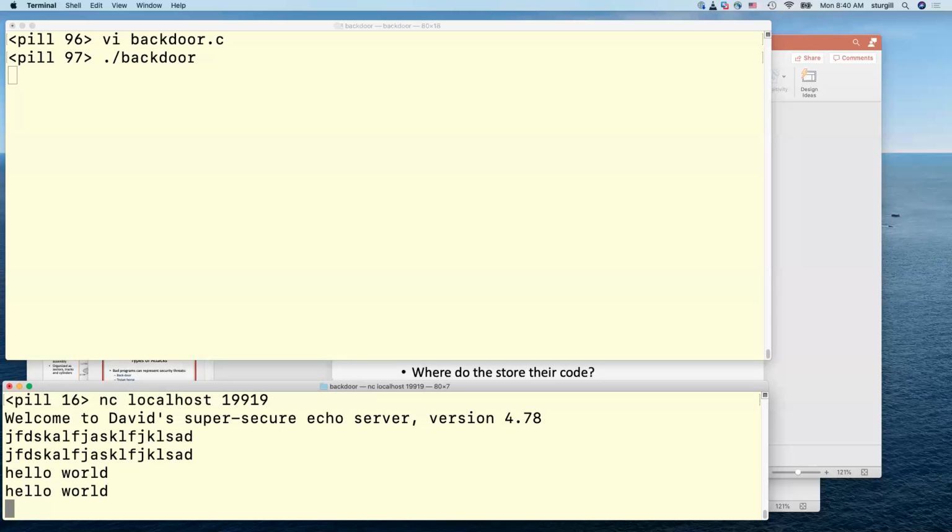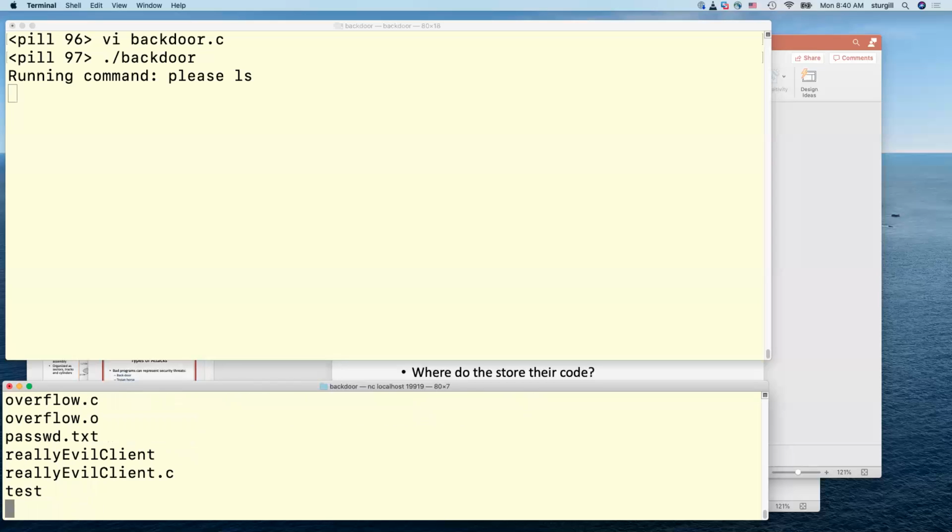And if I was really writing this as a backdoor into a system, I would do a better job hiding it, but I might need something like a password so that only I could exploit that backdoor. And my password is please. Any command that you put please in front of, instead of just echoing it back to you, it'll run it as a shell command. So if you say please ls, it will list what was in the directory. And you can't see the whole thing, but the end of that list got printed out here in my client.